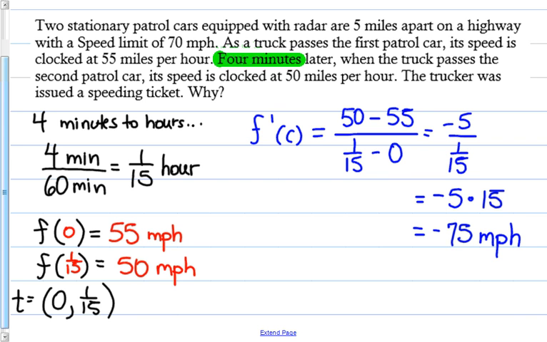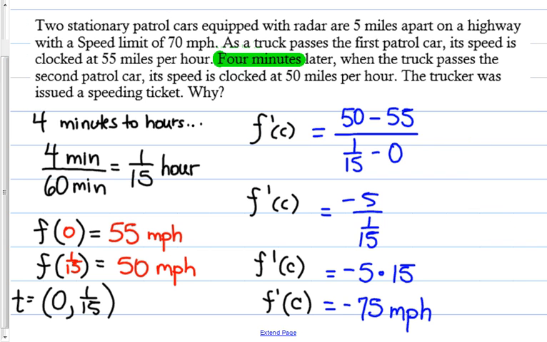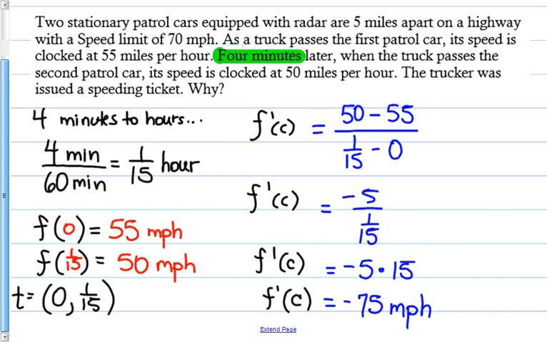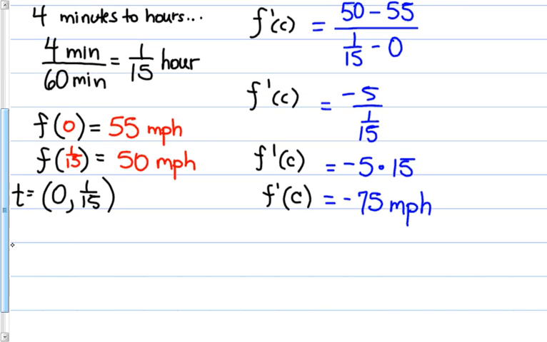And you know what? Let me go ahead. Hold on a second. All right, I rewrote it. I went ahead and wrote it all in a column. Okay, so according to this, at some point there was an instant between point A and point B, which is basically the first patrol car to the second patrol car. There was an instant,